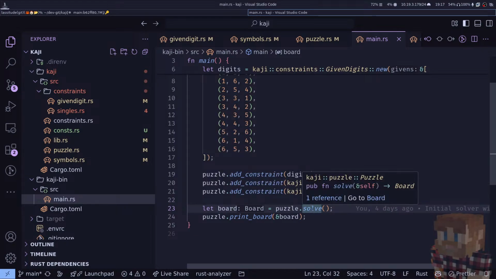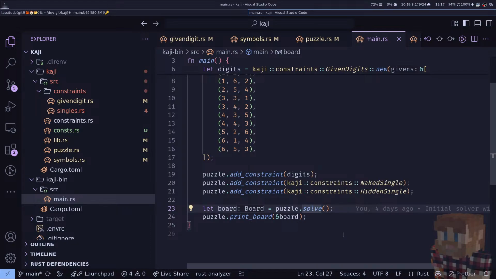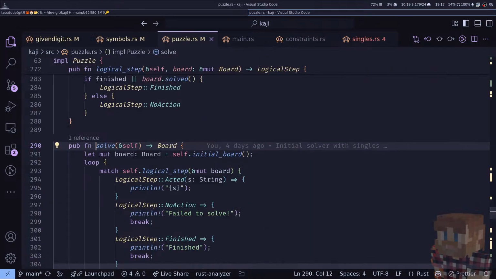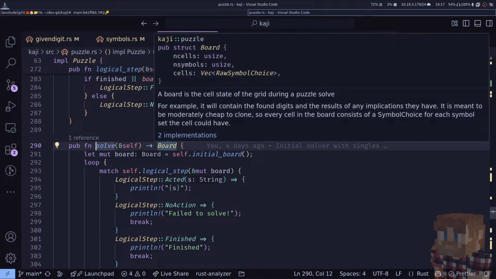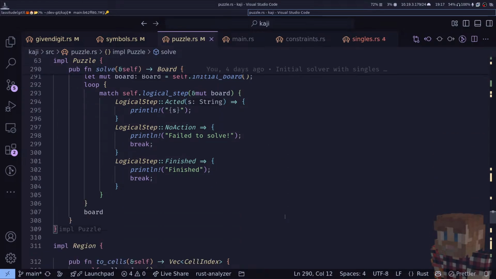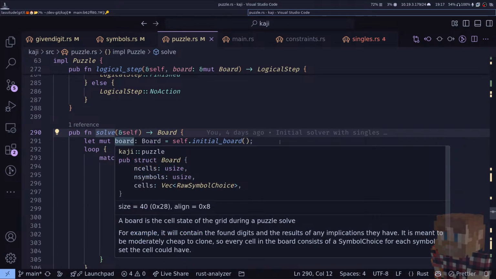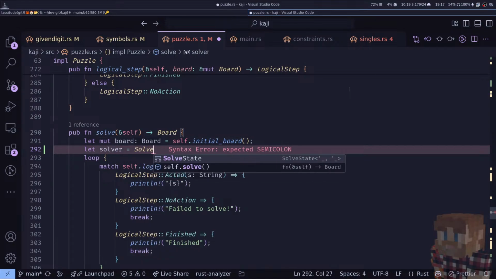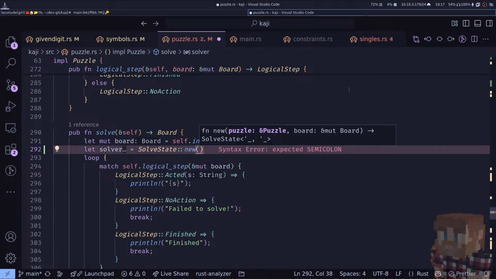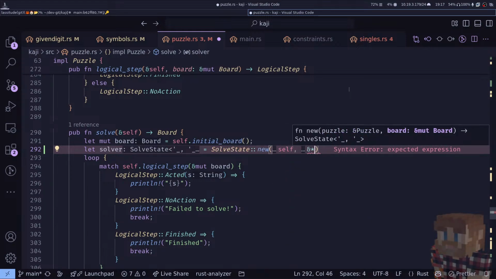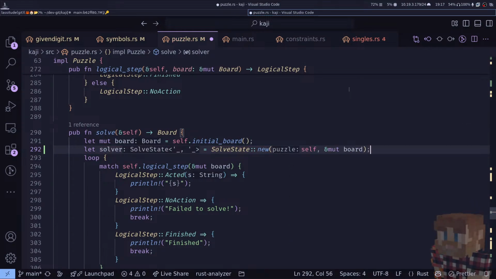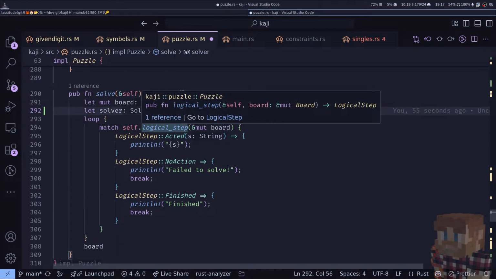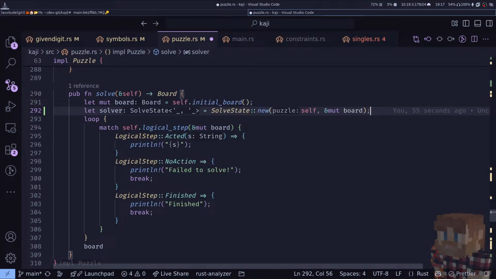Okay, so the solve interface to puzzle is what's going to deal with all of this. So let's jump into there. So solve gets a board and does logical steps. Instead of just getting a board and then going, we're going to go let solver equals SolveState::new with self and a borrowed mutable board. So that gets us our solver, and then we're going to pass the solver into the logical steps. So let's go and find